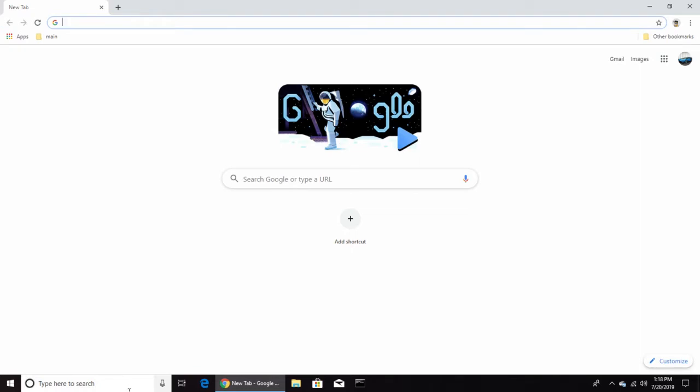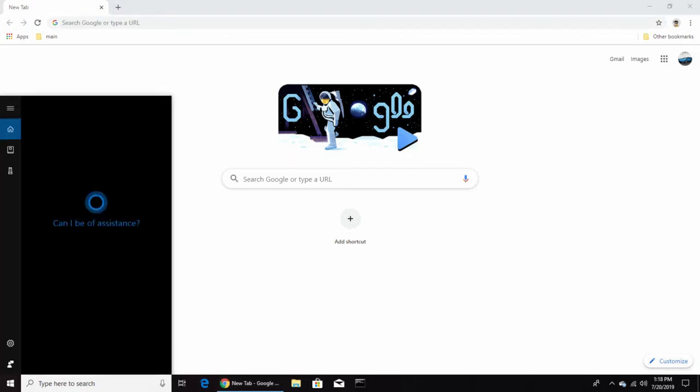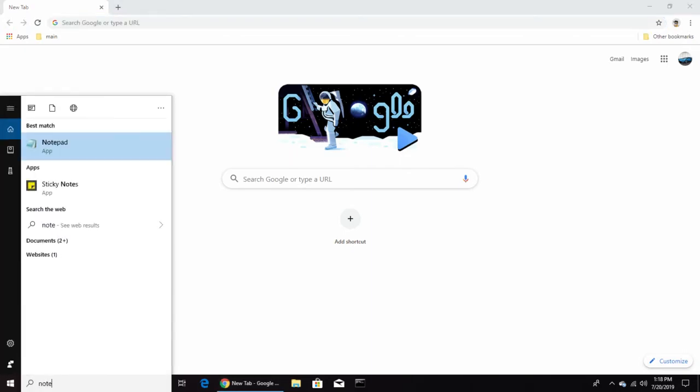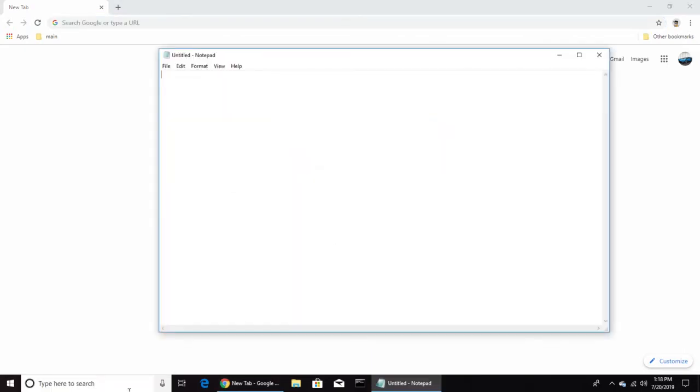For example, I am going to show you an example. I will search for Notepad. Now I will write a simple HTML code. Don't be skeptical about what I am writing. Just see whether we could find a result from the code.